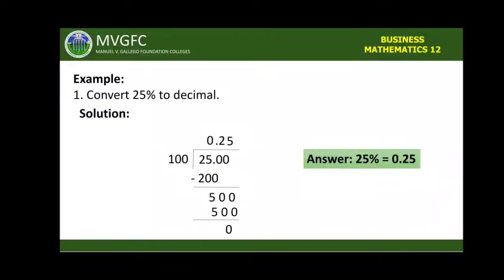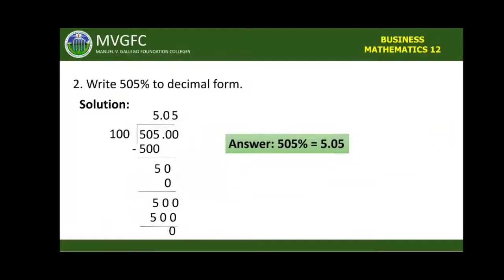So 500 divided by 100 is equal to 5. And 5 times 100 is equal to 500. So 500 minus 500 is equal to 0. So for our answer now, 25% is simply equal to 25 hundredths or 0.25. Another example is to write